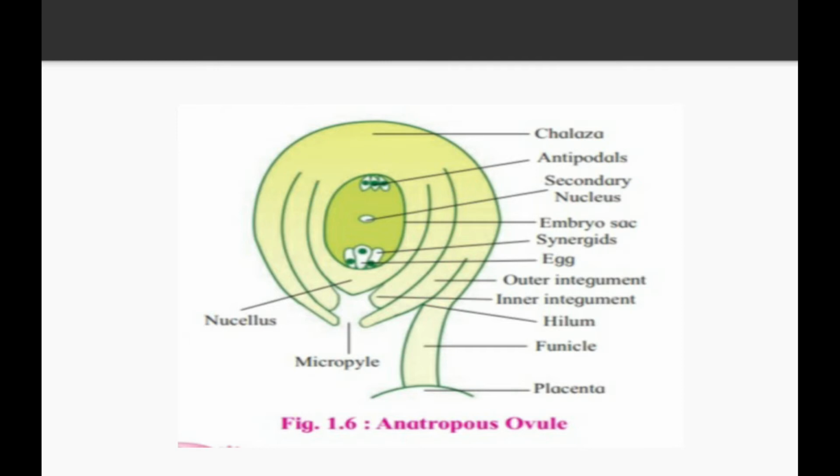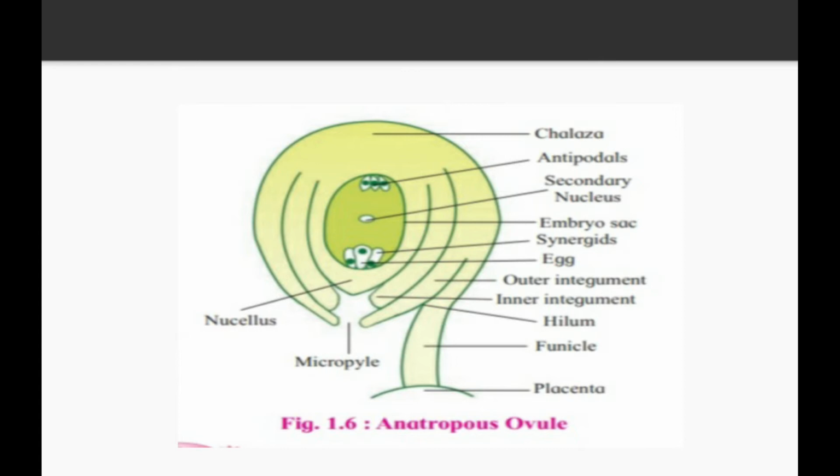There are 7 cells present in the embryo sac. The 3 cells which are present towards the chalazal end are said to be antipodal cells, and the 3 cells which are present towards the micropylar end are the synergid cells and the egg. Egg apparatus is another name for this. The egg apparatus contains one egg and 2 synergid cells. Another name for synergid cell is sister cell. All these cells are present in the embryo sac. So the fourth label is embryo sac.